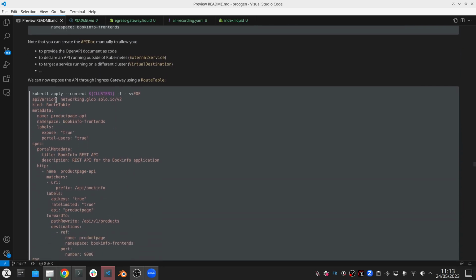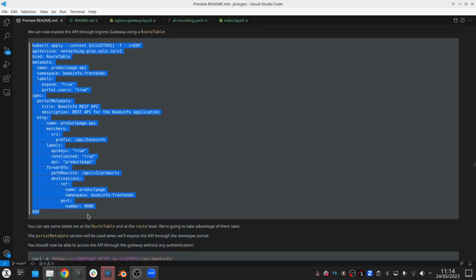So we again use a route table like we've done for all the other applications, and we are going to add this portal metadata, which is not going to be used now, but we are going to take advantage of it a little bit later. And we say we want to expose this API through this prefix /api/bookinfo, but in reality the backend is expecting /api/v1/product. So we use this path rewrite to make sure that the backend service